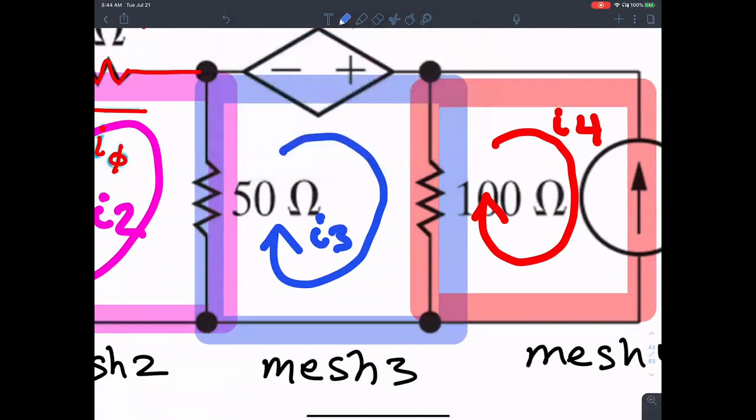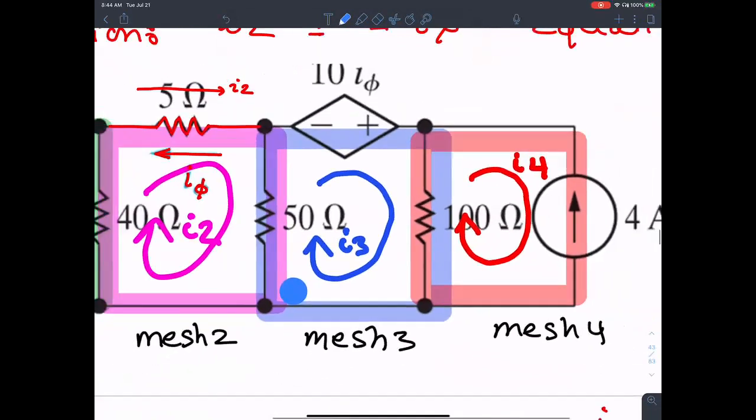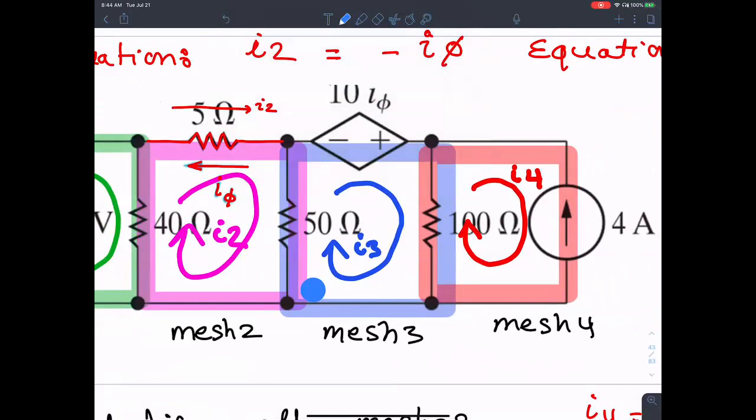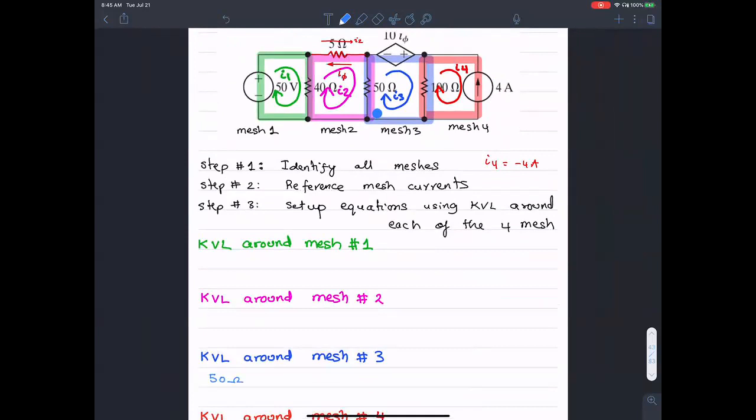Yes. We start at the lower left corner and follow a clockwise path. When I begin at the lower left corner, I see the 50 ohm resistance there. One current, I3, is going up, and one current, I2, is going down. So I'm going to write 50 ohms, times the current: I3 is going in the clockwise direction, the direction of my reference, and I2 is going opposite to the reference direction. Plus,